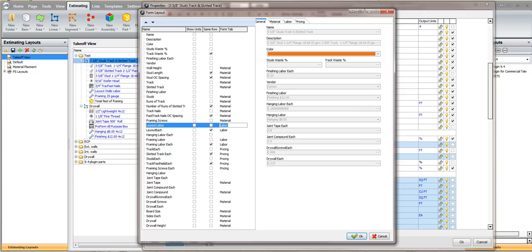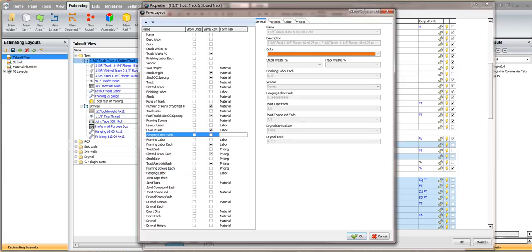Let's copy labor. Control C, we'll copy labor, finishing labor, okay. Hanging labor, and that looks like all the labor. Now let's, in my drywall plugin, in the labor portion, I like to put the hanging and the finishing labor pricing under the labor as well. So I'm going to put labor here and finishing labor each. I'm going to put labor there, put that in the labor folder, and then the other is going to be